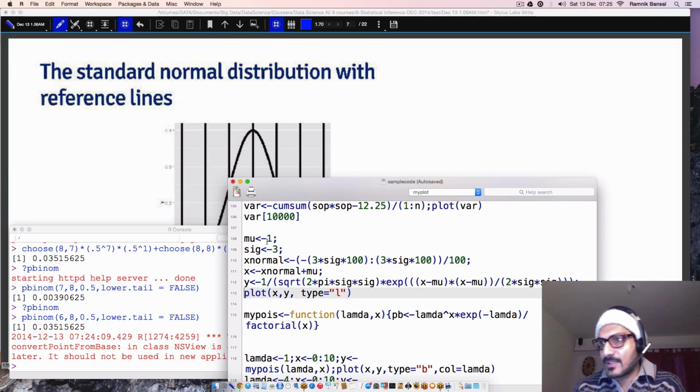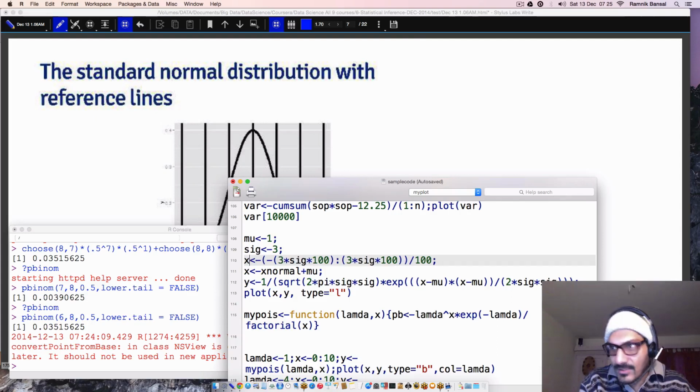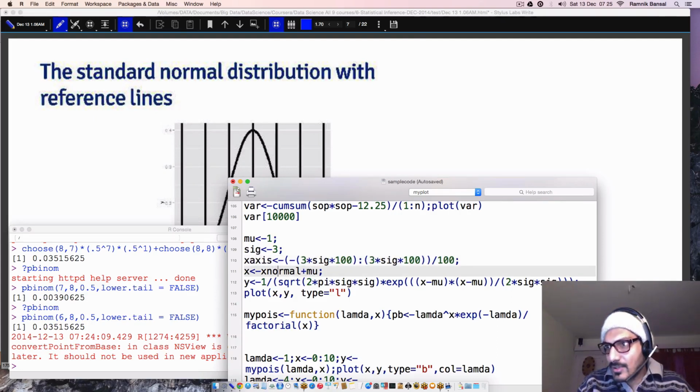So see what's there. I've given a value to mu, I've given a value to sigma, and I say x normal. Why I'm taking this 3 is because I want to actually drop what I'm doing with x normal. I want to say how much I want. What should be my x-axis? So basically, this is not x normal. Let's just call it x-axis. All right, so I want to define my x-axis.